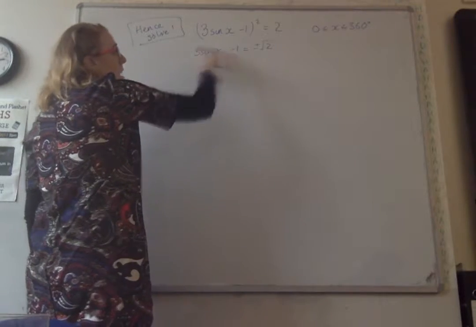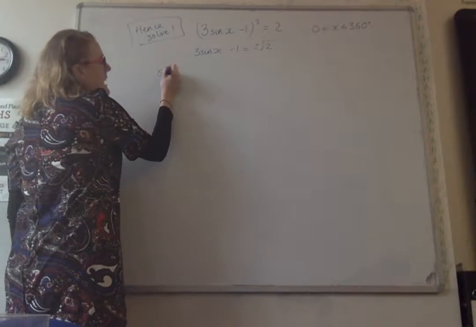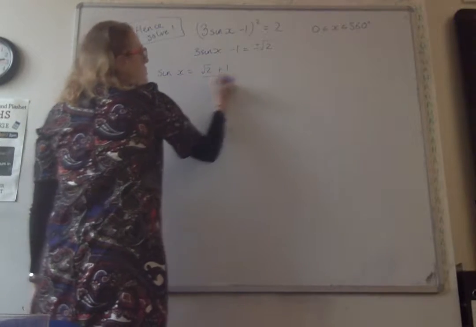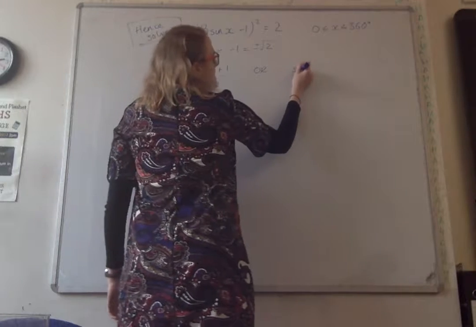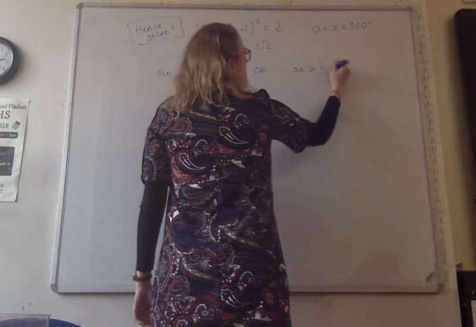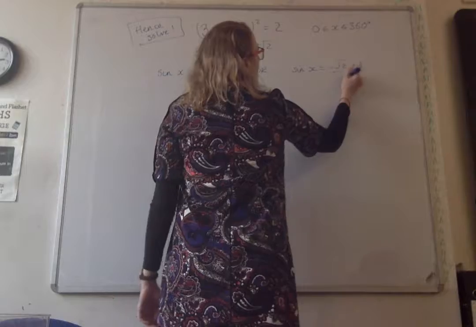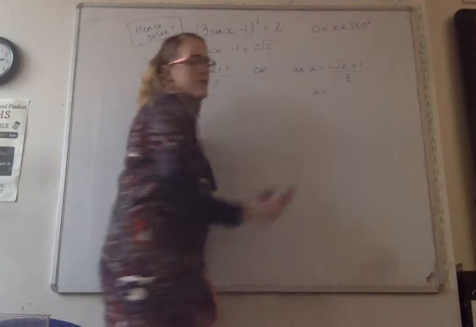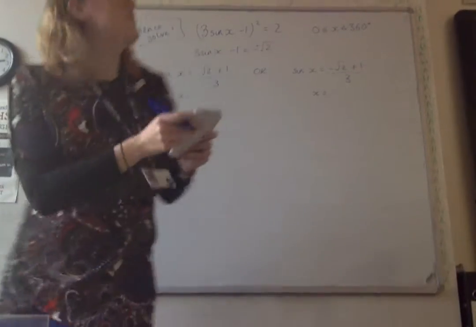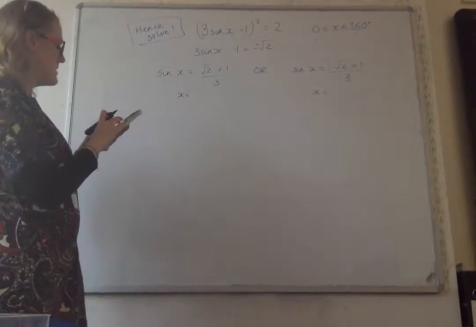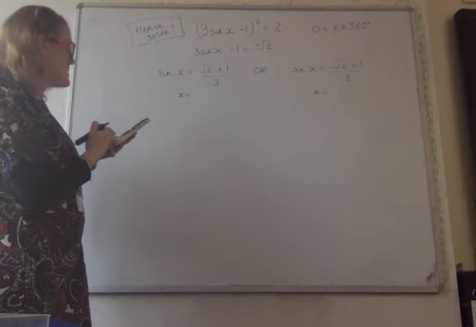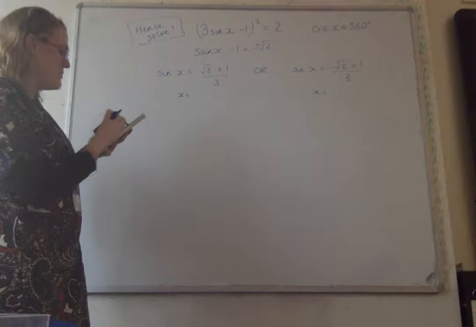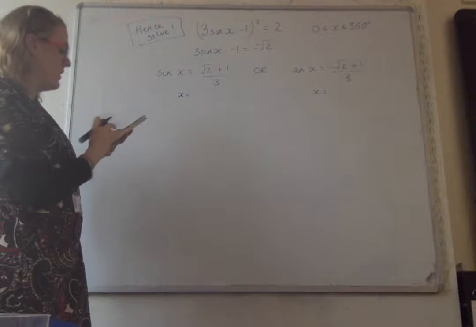Then all we need to do is add 1 and divide by 3. So we get either sine x is root 2 add 1 over 3, or sine x is going to be equal to minus root 2 add 1 over 3. So we're going to want to inverse sine both of those and get our 2 original solutions here. So let me just do that one. So sine inverse of root 2 add 1 over 3